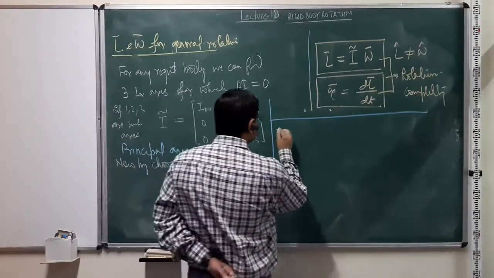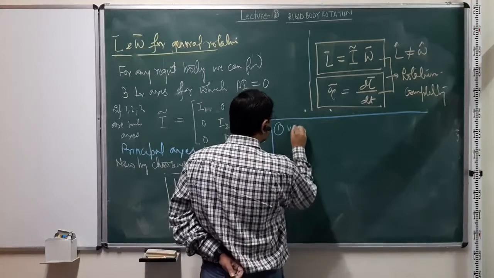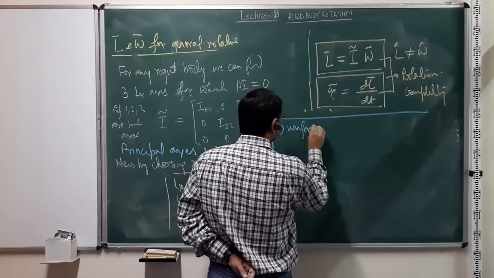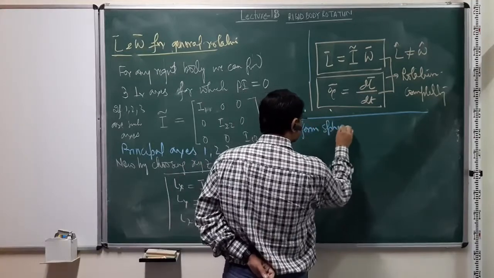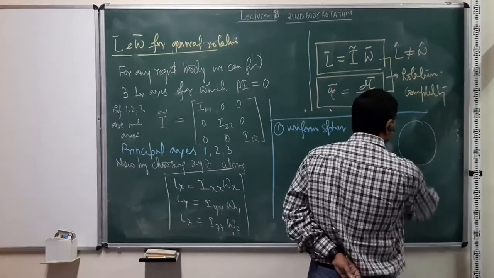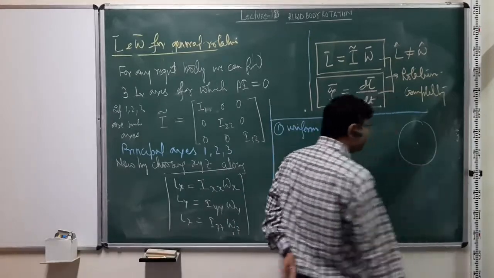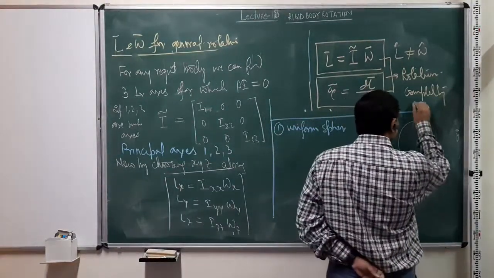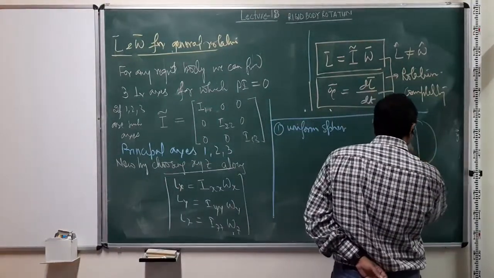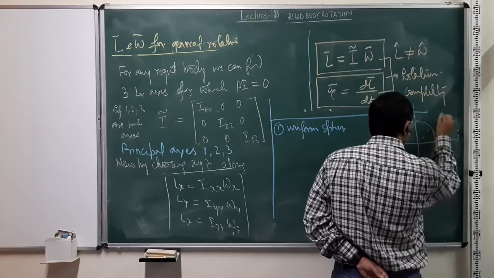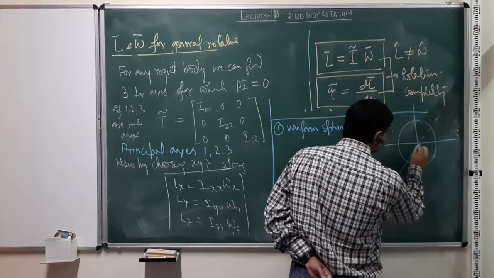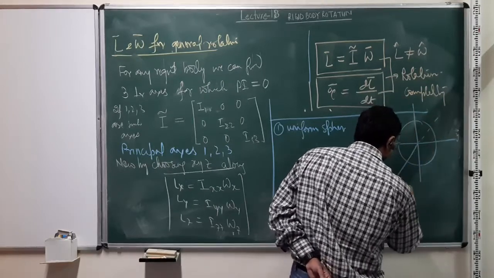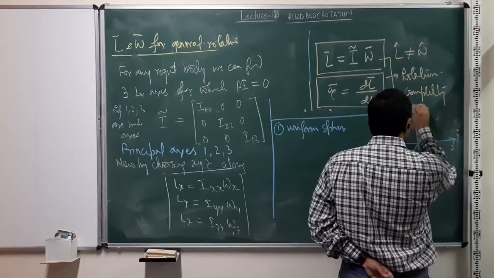For example, let's say a uniform sphere. If you have a uniform sphere like this, it could be hollow, could be solid, it doesn't matter. Then any set of 3 axes, for example 1, 2 and 3,